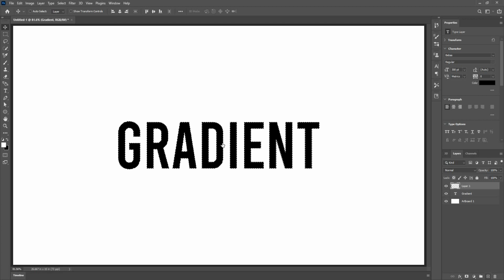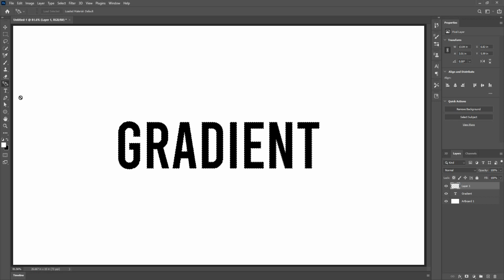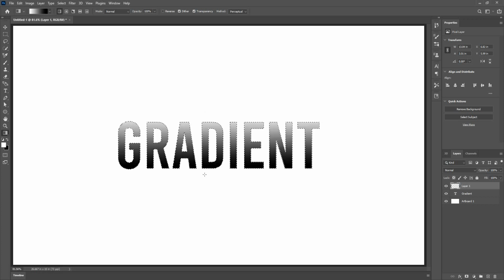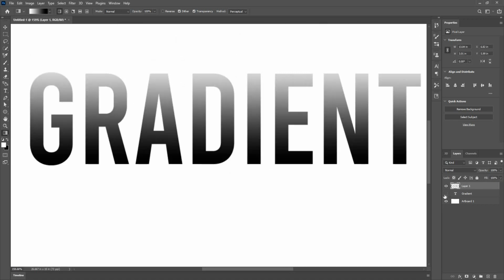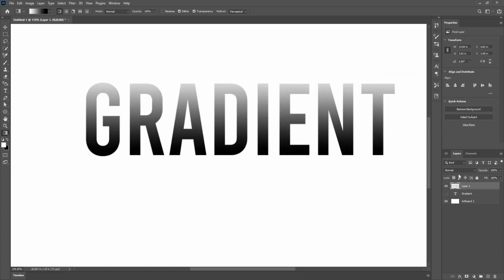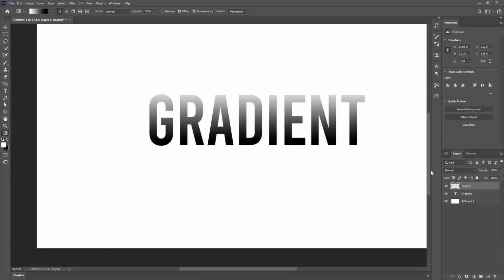Go to a new layer and then choose the gradient tool from the toolbar. You can use the shortcut G to activate gradient, or Shift+G if it's not active. Okay, now it's active. Now you can select any of these gradients of your choice. I'm going to choose linear for now, and from top to bottom I'm going to apply a gradient, and there I have my gradient applied in this particular selection. I switched off the text layer,